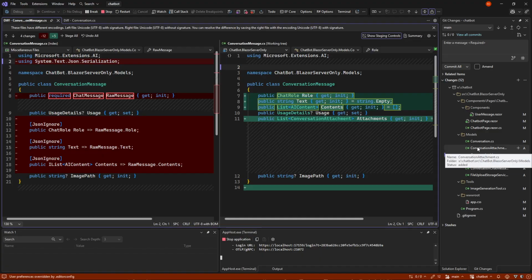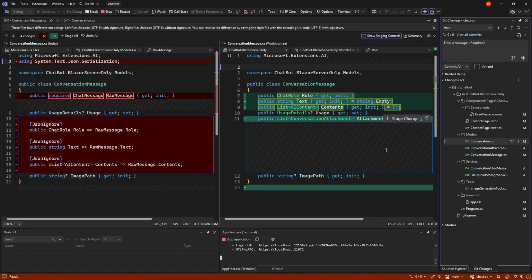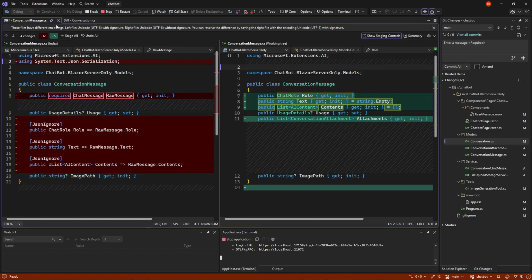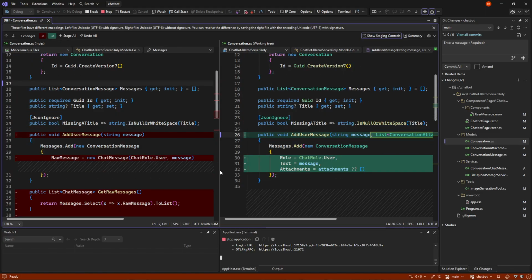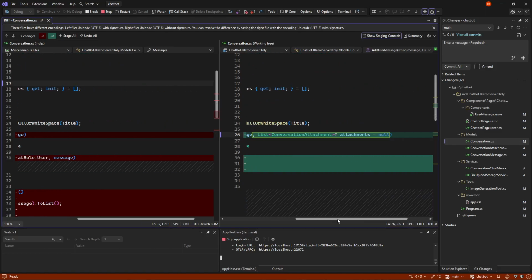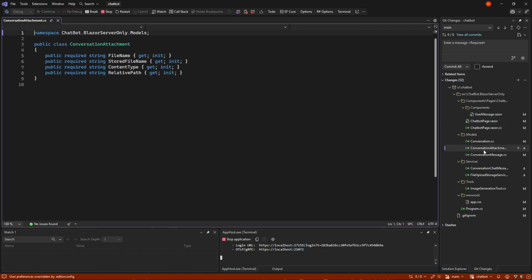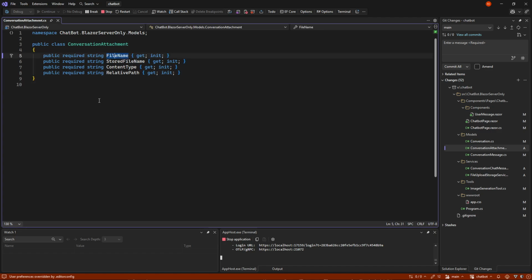So if we look at that, we then now just have the conversations. And whenever we add a conversation, there might be some attachments now as well. And those attachments are simply a file name. So this is the original file name.